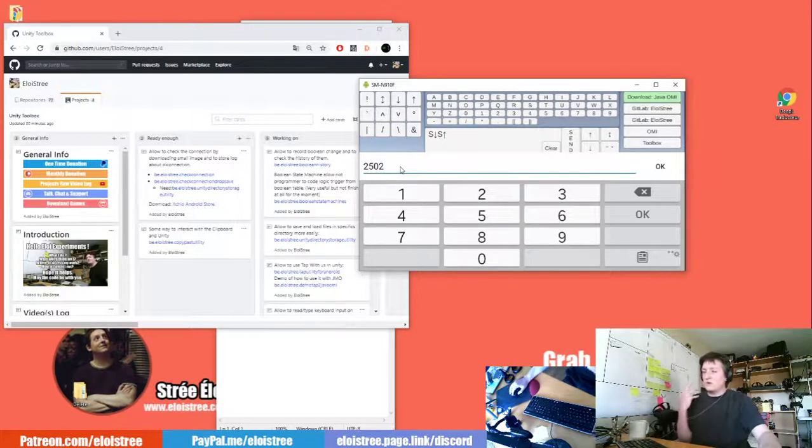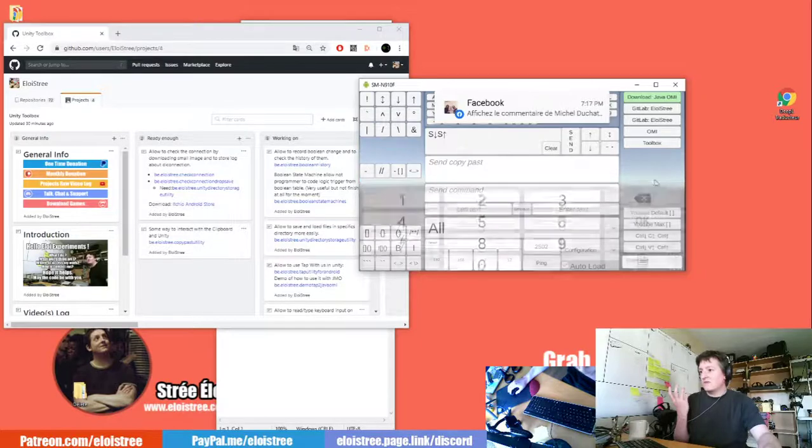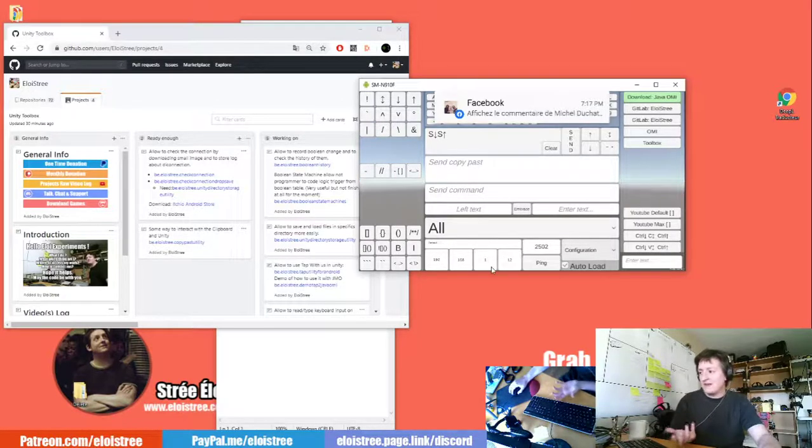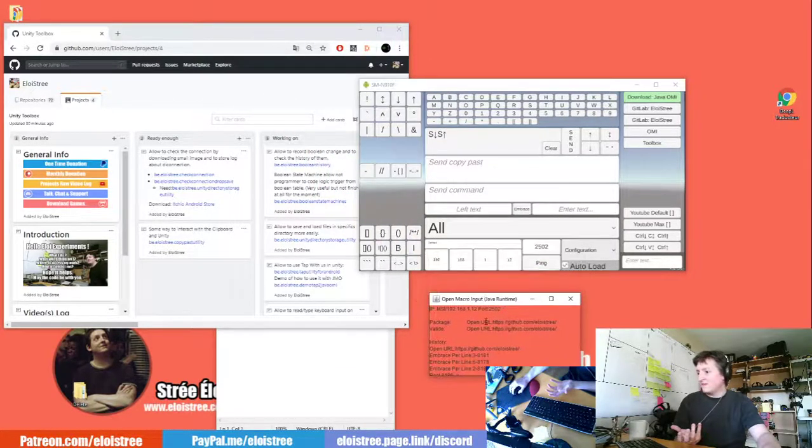And that is what we call a port. And here you need to type the port. You say, yeah, but how can I know that it is this IP and this port? You can see that in the application I show you here that received the message, you have here the IP address and here you have the port.